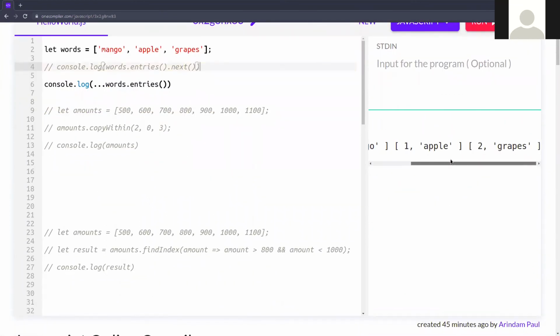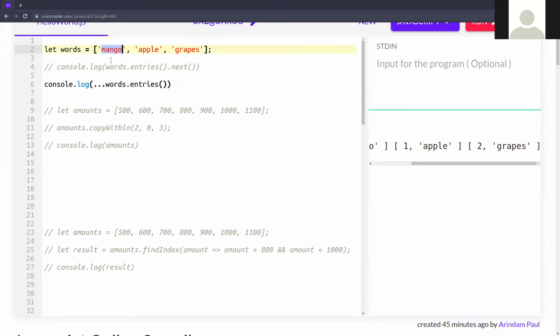Yeah. So this is entries. Next, this is keys. If you want to get the keys only of this array: this array is actually key-value pairs, so the key means the index number, and then the value.